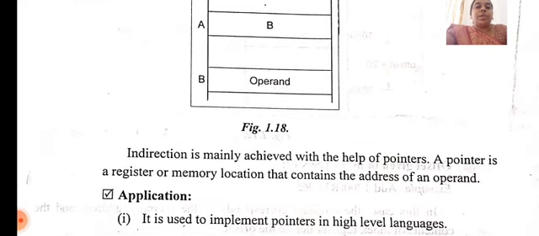Here the indirection is mainly achieved with the help of a pointer. What is a pointer? A pointer is nothing but a